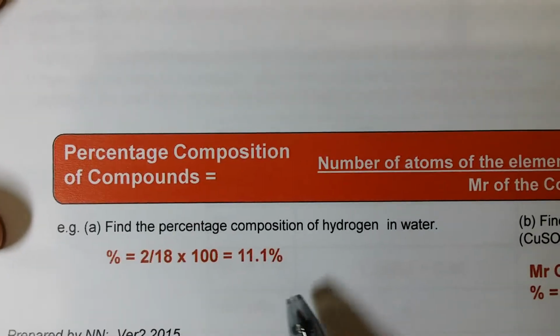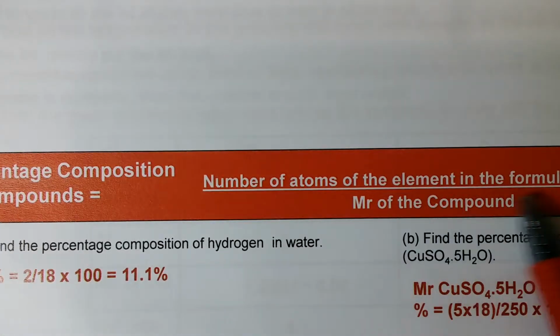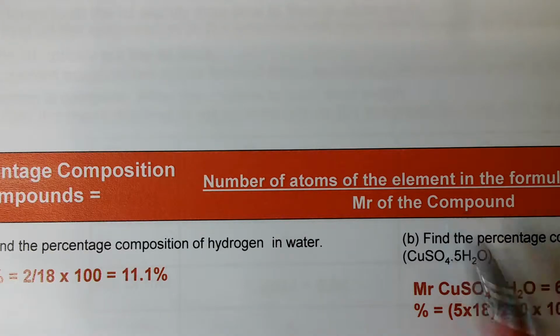Okay, percentage composition of compounds. So find the percentage composition. Percentage composition of a compound, you can actually calculate using this formula: number of atoms of the element in the formula times the AR, divided by the MR of the compound. So for example,